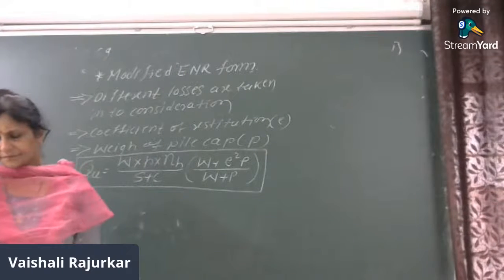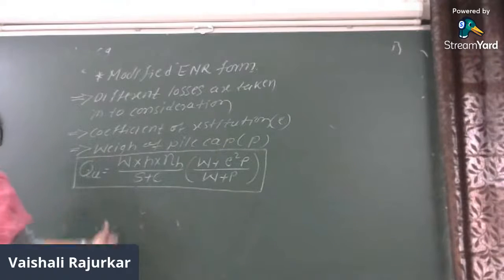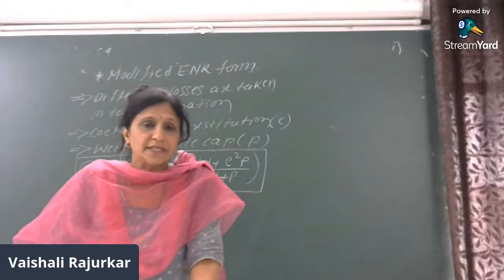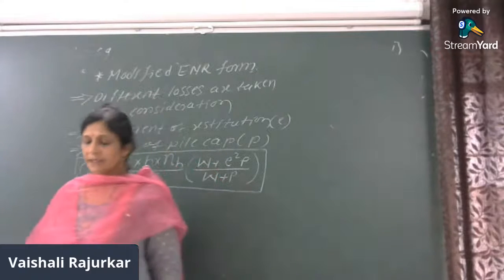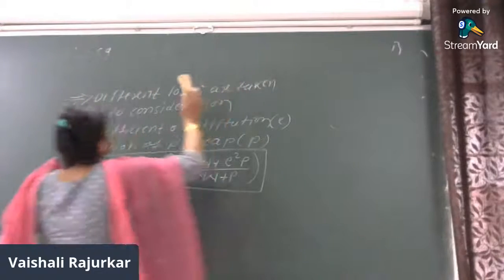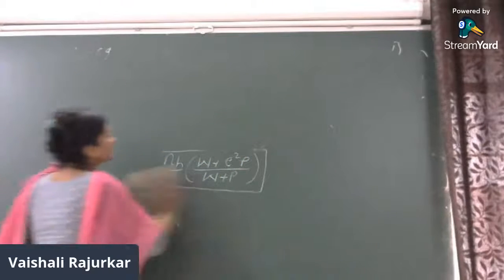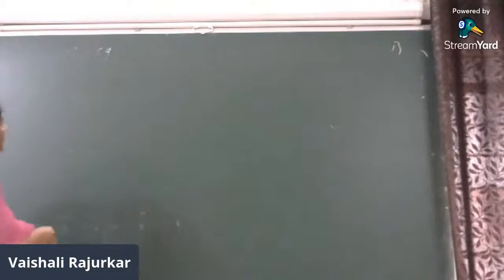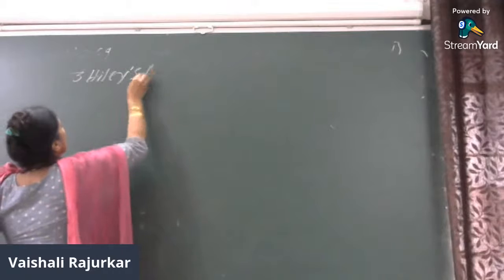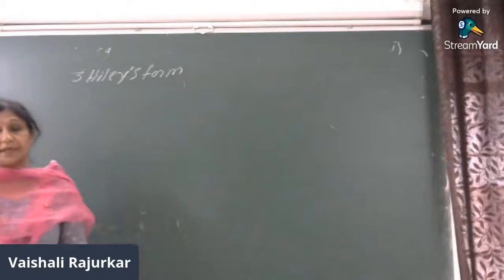So here, then another formula which is considered. Again, there are certain modifications, and those modifications are given by Hiley. Hiley is one more scientist who gives the equation, that is Hiley formula. So the third formula is the Hiley formula. In the Hiley formula, the rest of the things which are neglected in the previous one are